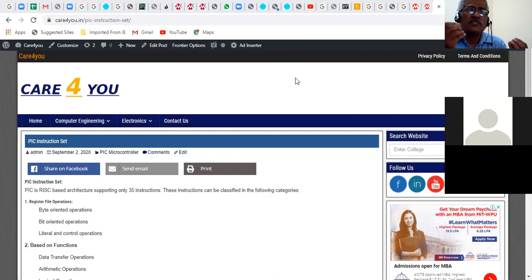That is, what is the syntax of those instructions? And once we have understood the basic mnemonics or the operation codes and how those mnemonics can be used, that is, what are the sentences or syntax of those mnemonics, then I hope we can start writing the programs.